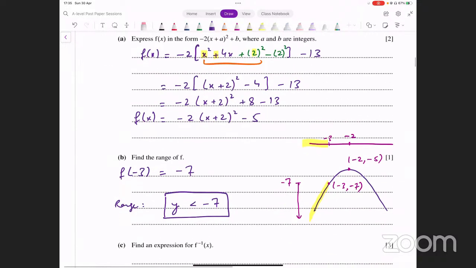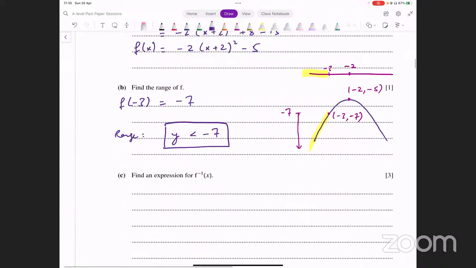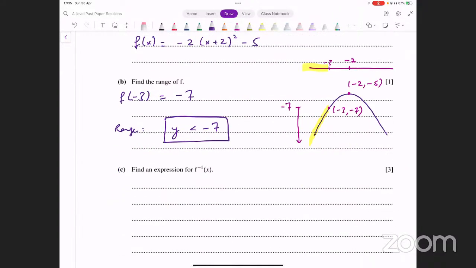Now the next part says find an expression for f inverse of x। Remember, quadratic functions के inverse जब आपने find करने होते हैं, you always have to use the completed square form। आपने square already किया हुआ है, square already complete किया हुआ है, तो आप वो वाली form use करोगे। We'll say f of x equals -2 into x plus 2 whole squared -5।